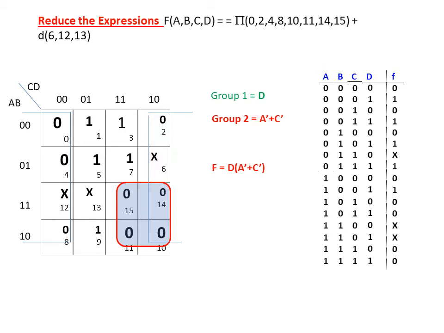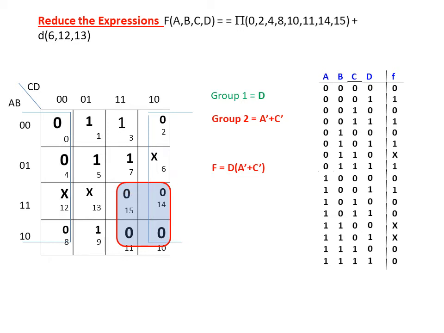In this question, the POS expression is given along with the don't care combinations. The don't care combinations are 6, 12, 13, and from the truth table the zero cells are taken for the POS expression, and the don't cares are the same. Now with the help of these don't care combinations we form the 8 cell grouping. These 4 and these 4 we group into 8 cells, and these 4 zeros into another group. So the answer for this one is A bar plus C bar,